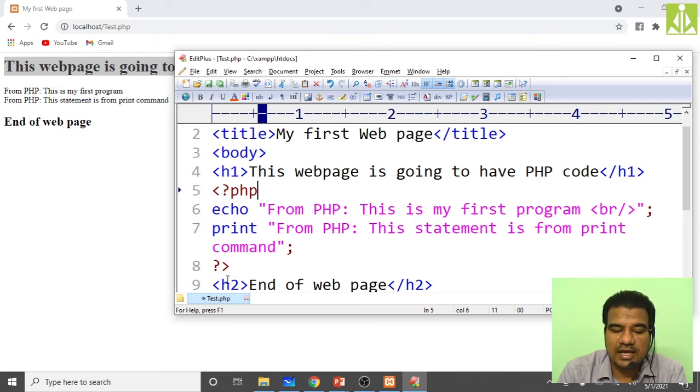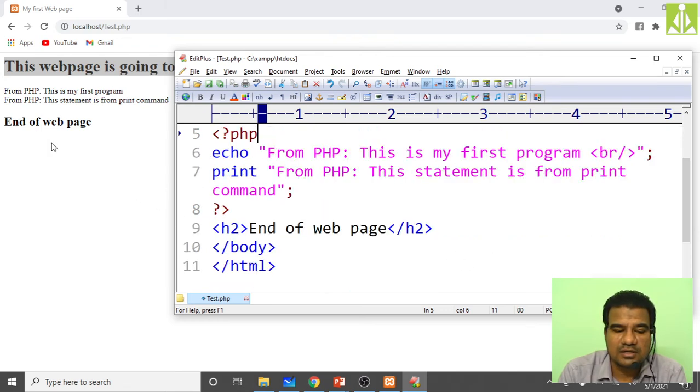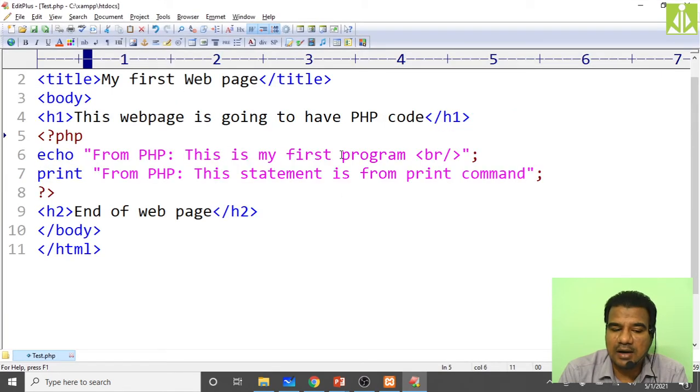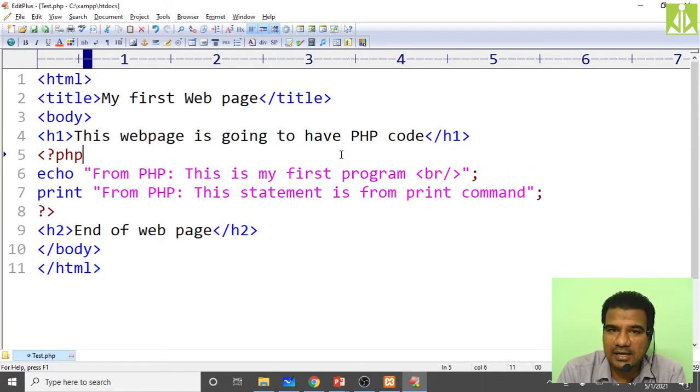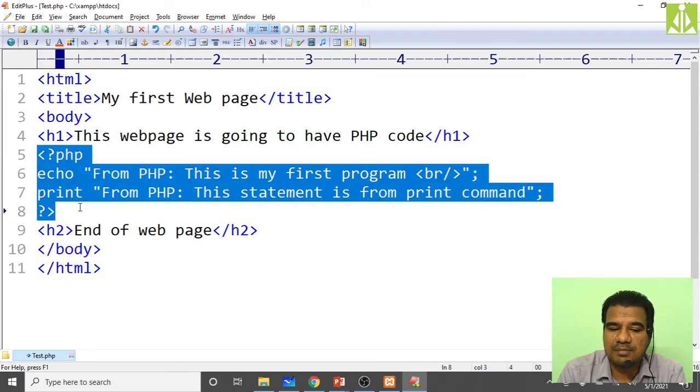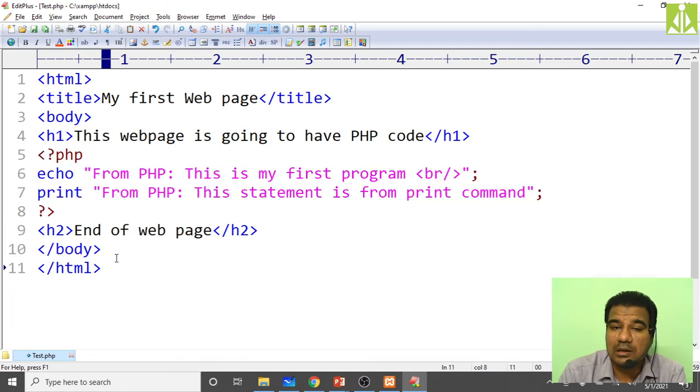Then after that again inside the HTML only I print this statement. Okay, I printed this statement, end of web page I am getting over here. Then closing the body, closing the HTML. So in this way you can embed, in the sense adding as a part. This PHP code we are adding as a part into the HTML code. Remember this one.